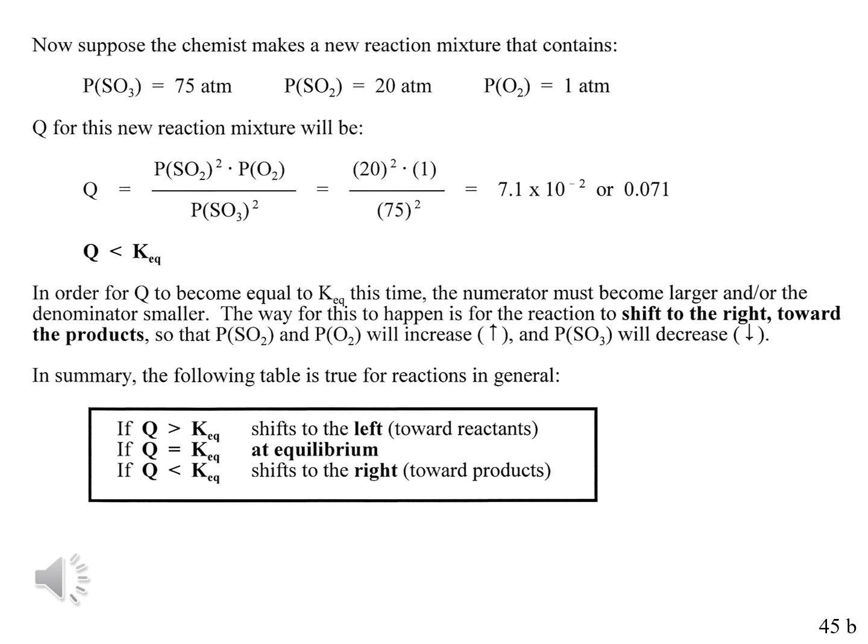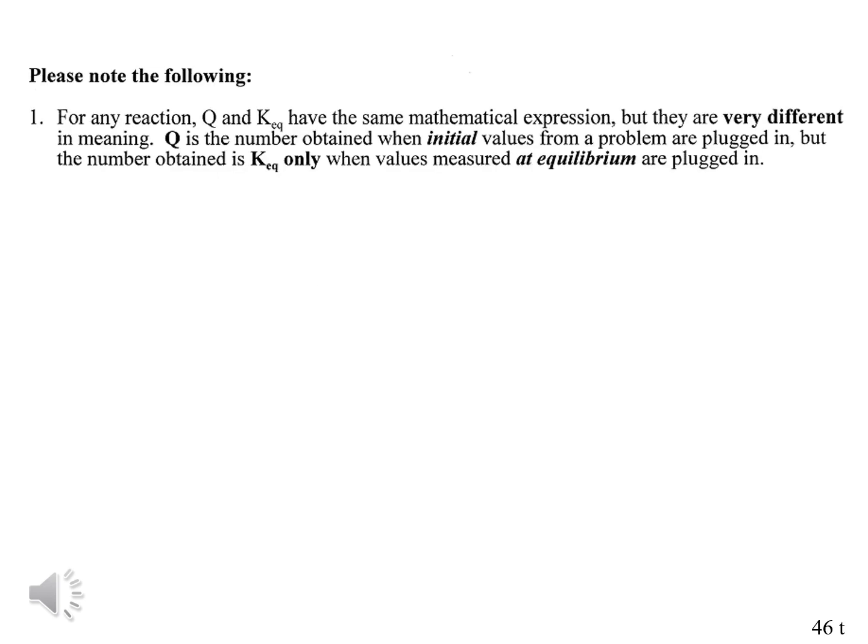This is kind of a cheat technique. You can remember this because you shift the opposite direction of how the greater than sign actually points. Now, one of the things we have to do is make sure that everybody understands the difference between Q and KEQ, because we compare all the time the Q, which is the initial values, to the KEQ, which are the